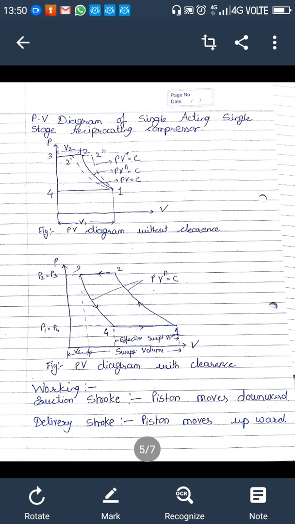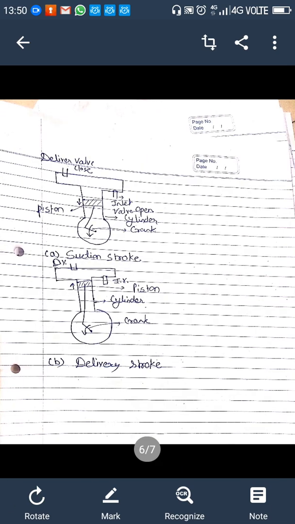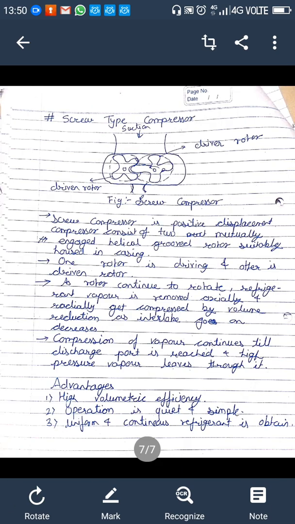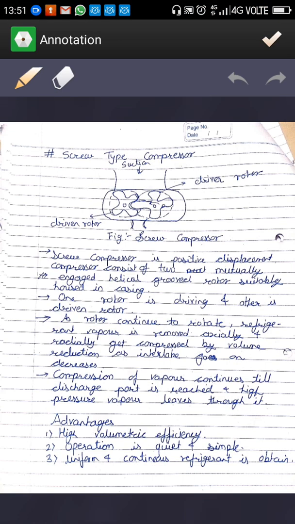Okay. Now we are going to see another type of compressor, which is the screw type compressor. In the examination you may see the question: with the help of a diagram, explain the working of a single stage compressor with advantages and disadvantages. So here we are going to see this screw type compressor. What the checker will expect is the diagram along with the explanation, advantages and disadvantages. Okay, so let's start with the